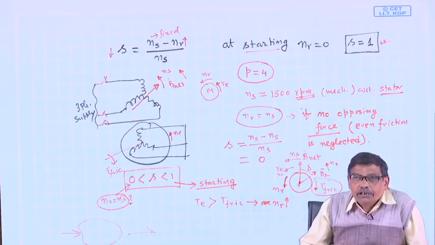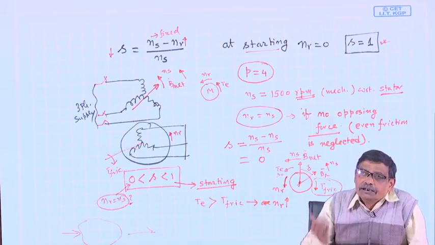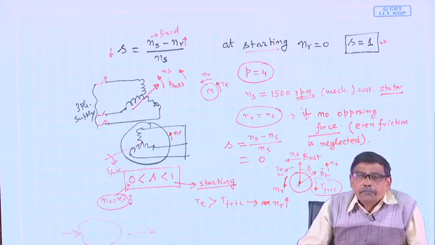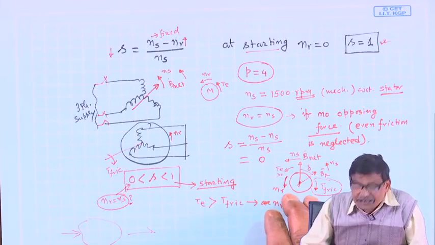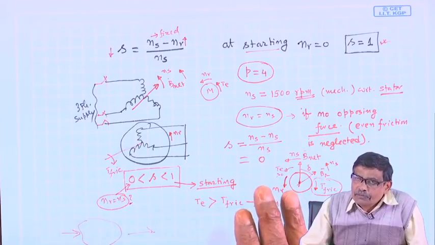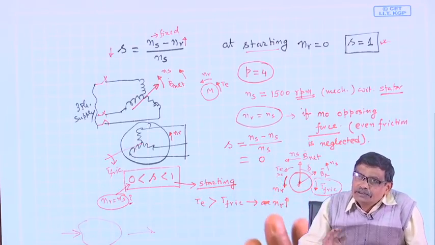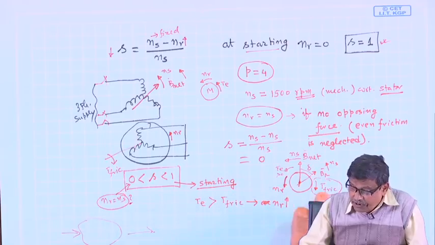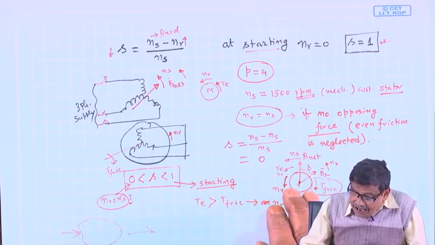Earlier there was no opposing force. So, it went on increasing speed and Nr became finally, eventually equal to Ns, but now it is not like that. Electromagnetic torque is there, I know it is decreasing, initially it must be greater than T friction, but as speed